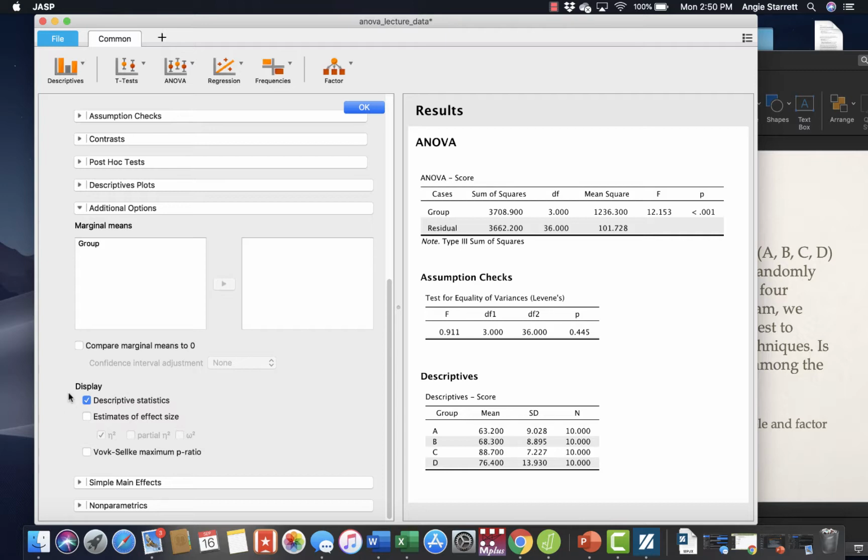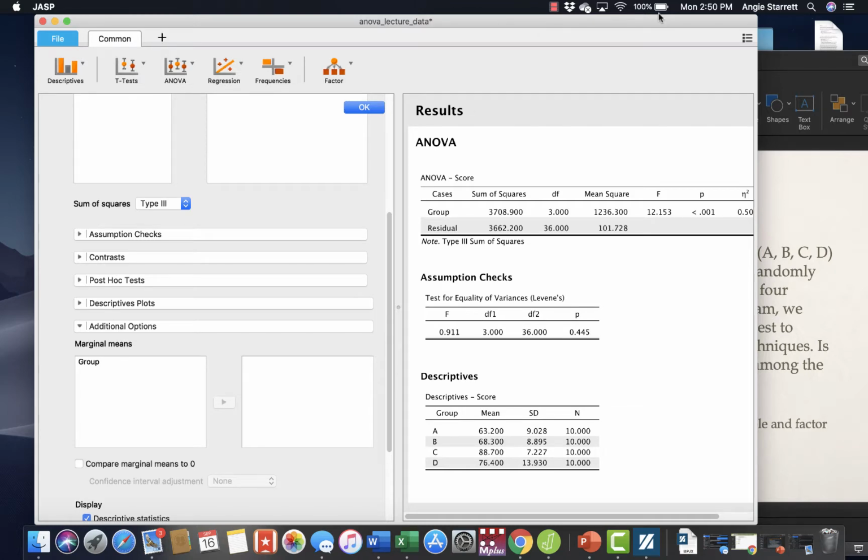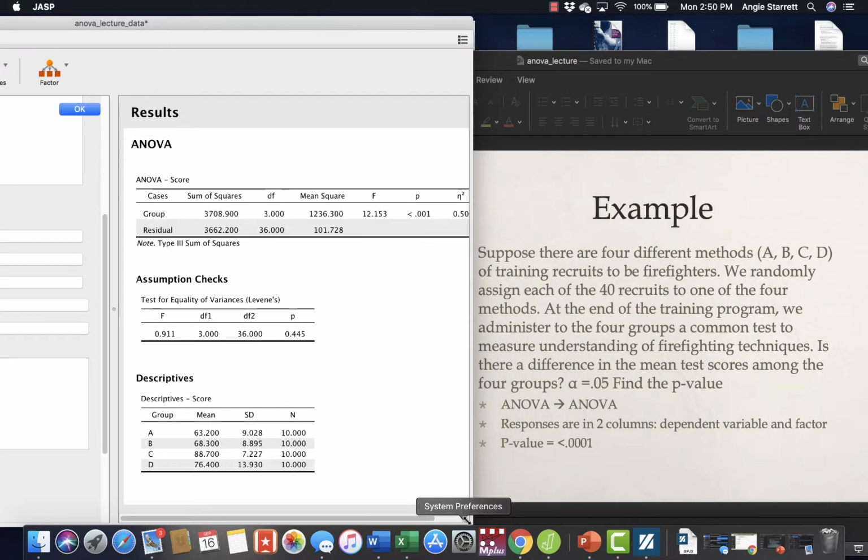And one thing we do want to do is check our estimates of effect size. Remember, we always want to see the size of the effect, okay? So we've got our effect size there. Other than that, that's pretty much all. This is where we are at this point. All right, so we've got our